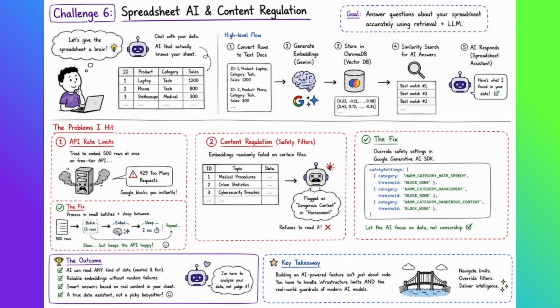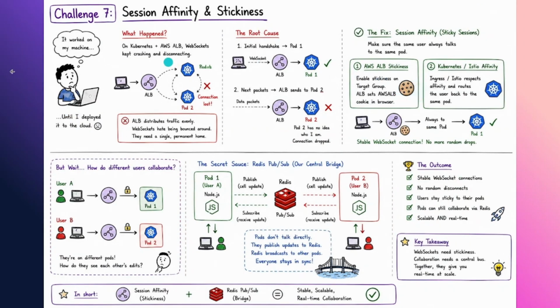I was building a data tool, not a social network. It needed to be neutral. To fix this, I had to explicitly override the safety settings. I had to manually set the harm block threshold to block none for hate speech, harassment, and dangerous content. Only then did the AI finally stop playing censor and start doing its job as a pure data analyzer. Now, moving on to the next challenge.